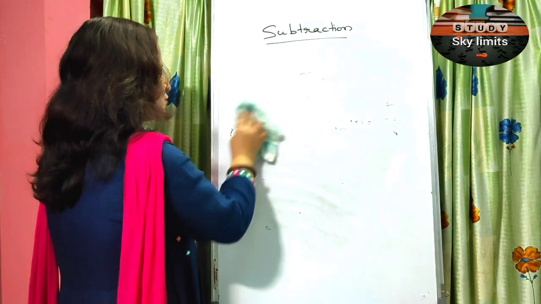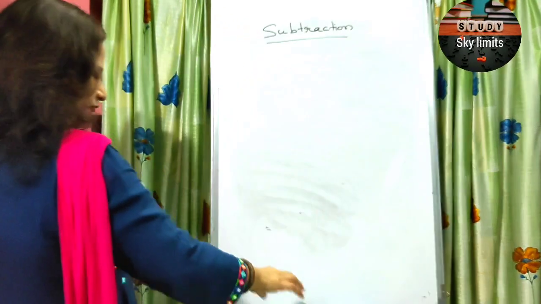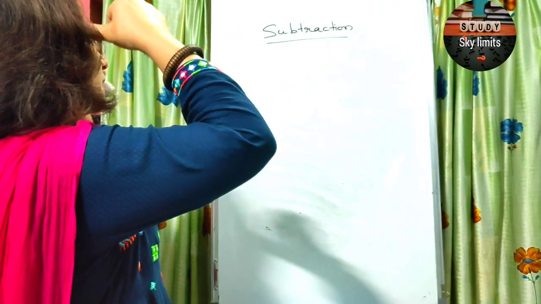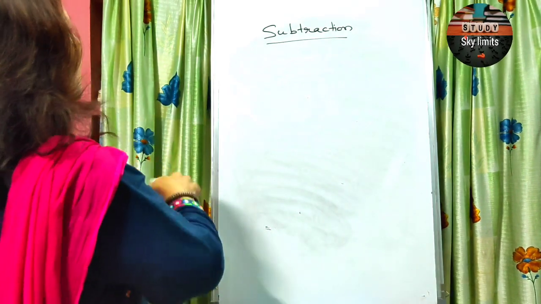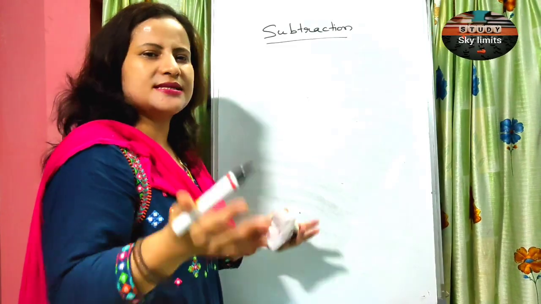So we should not be confused with the sign. Always remember the sign rule and the 3 rules that I gave you for addition and subtraction. That is very helpful for you even in the higher classes. If these concepts are not clear, many of your doubts will remain as doubt till the higher classes.